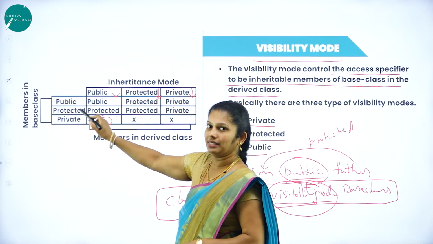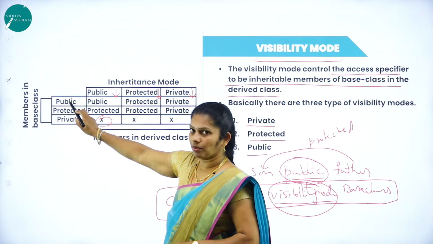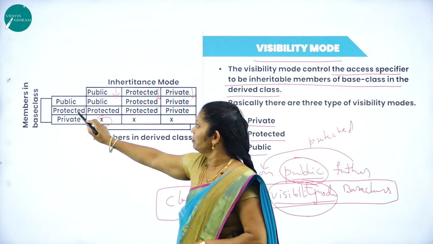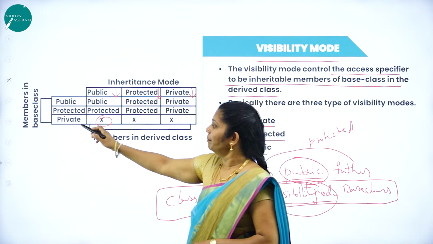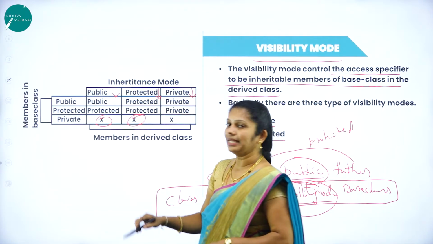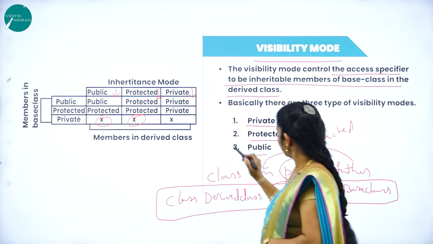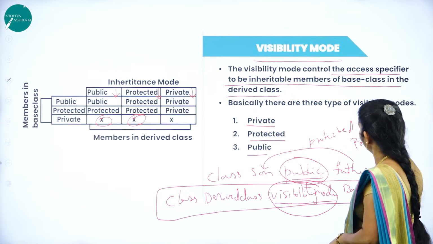Protected members of the base class stay protected in the derived class also. Public members of the base class become protected in the derived class. Protected members of the base class stay protected in the derived class. And private members cannot be inherited in the derived class. Okay. Then in the same way, if the visibility mode is private, then what happens,